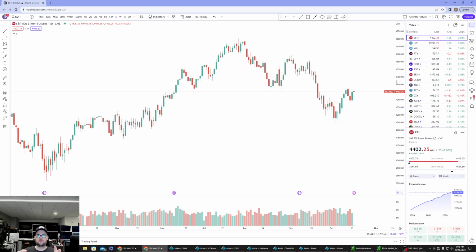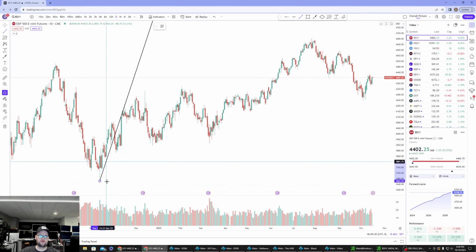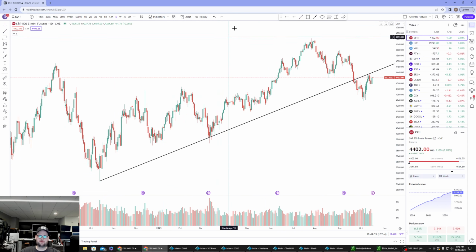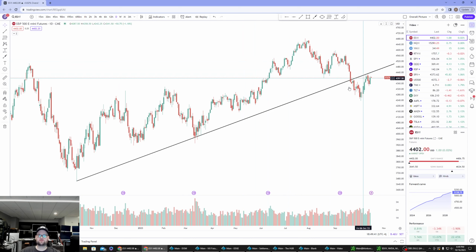Okay, so I'm going to be going over some technical ideas to look out for going forward, and also some fundamentals that kind of revolve around some of the technicals. So going forward, we want to look at this S&P trend line, okay? If the market remains resilient, right, despite a lot of the things that have been occurring, and price manages to move higher, this is a trend line that acted as previous support, and now we can speculate that it's going to turn into resistance on any retests.